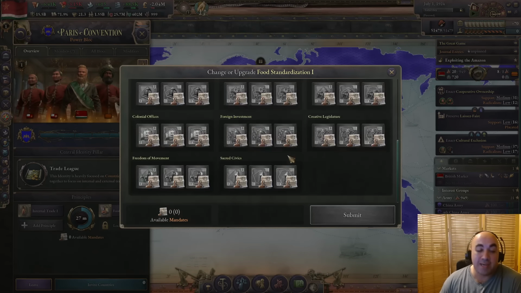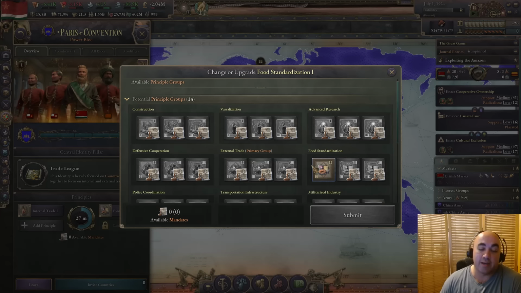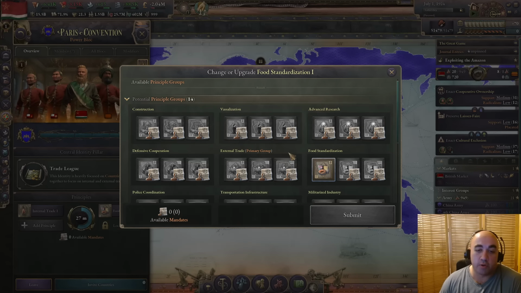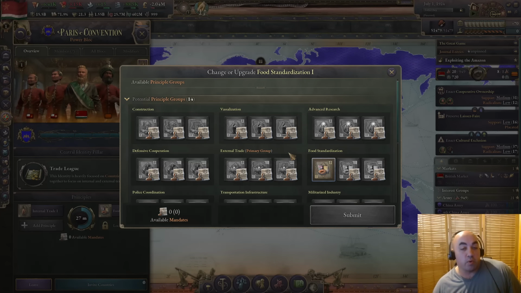principal groups, because you can't really talk about one without talking about the other, because each central identity pillar will have two primary principles where you have to take one of them. So if you don't have access to any good principles, this will hurt the central identity pillar. And they also have access to at least one unique principal group, and with trade, two unique principal groups. And so because of this, we will be talking about these together and doing it kind of in a tier